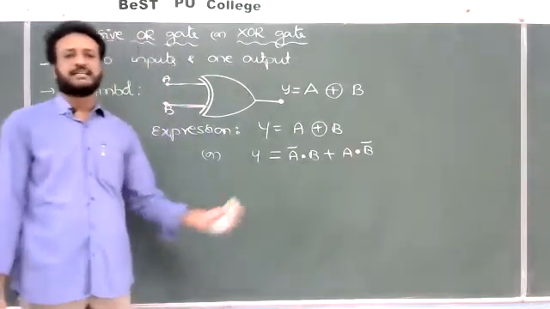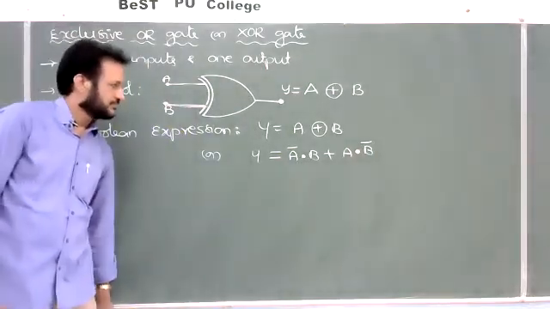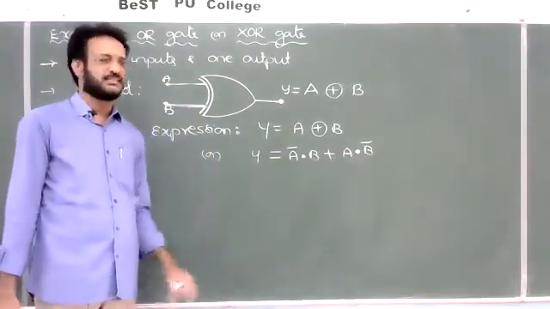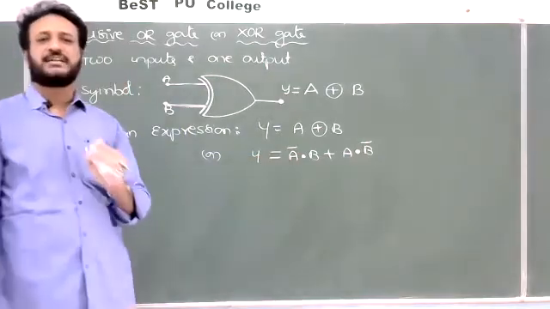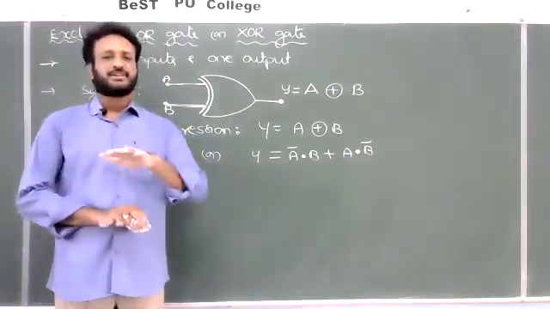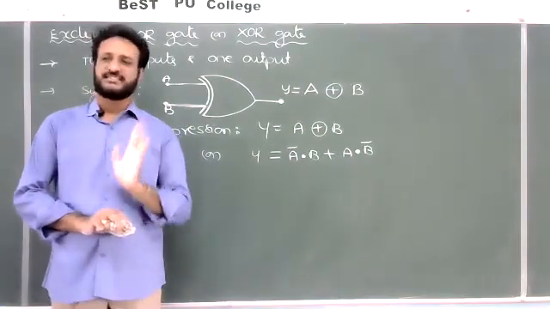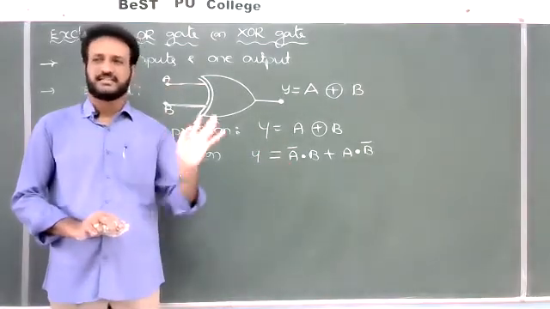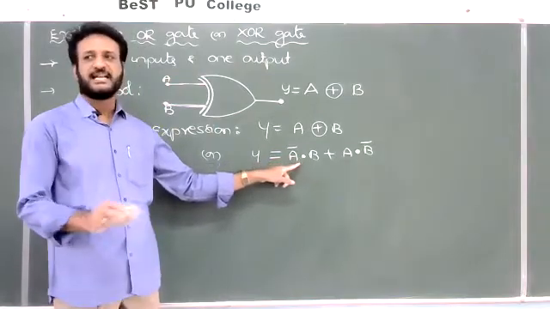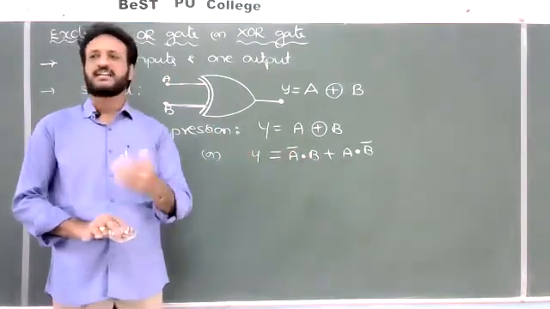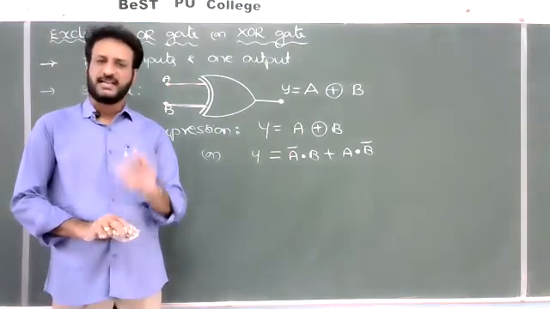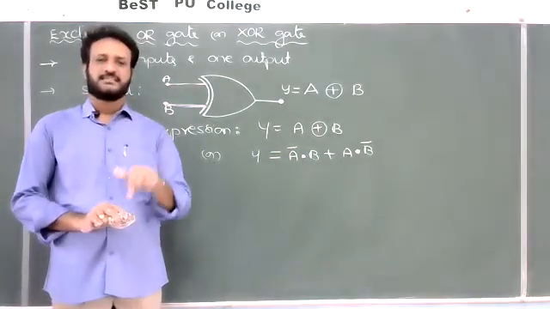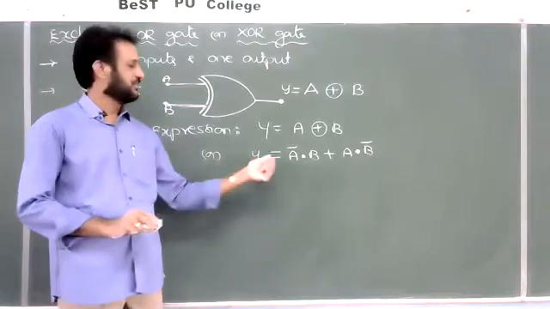Logical multiplication. Based on this we can draw the circuit also. How can we draw the circuit? Whenever a complement, inversion or bar is there, which logic gate do we have to use? A NOT gate. Simple. Blindly remember, whenever a complement is there, we have to use a NOT gate. Whenever multiplication is there, AND gate. Whenever plus is there, OR gate. So only three gates: AND gate, OR gate, NOT gate. Multiplication means AND, plus means OR, and inversion means you should use a NOT gate.